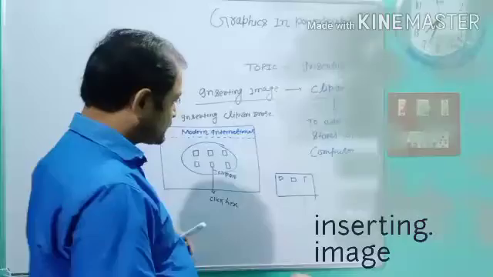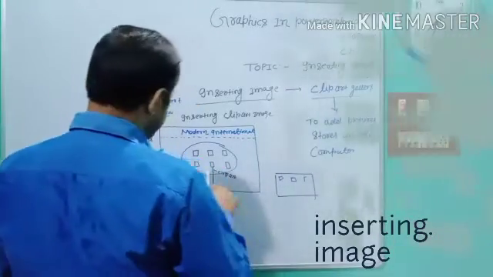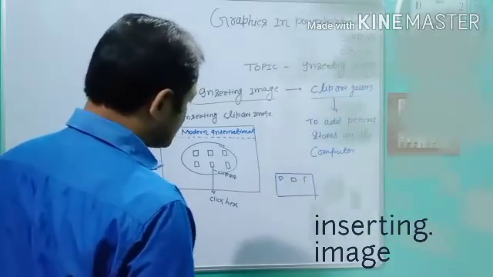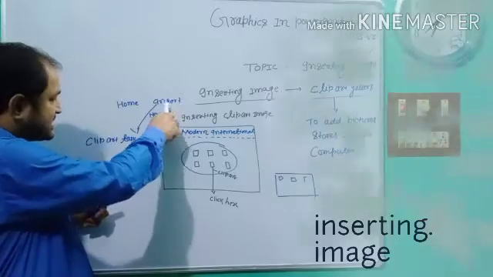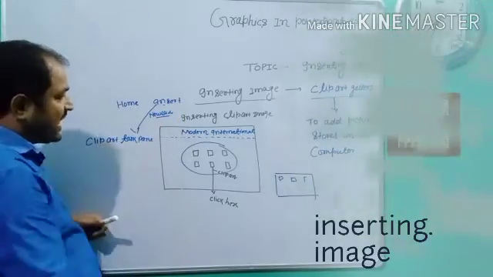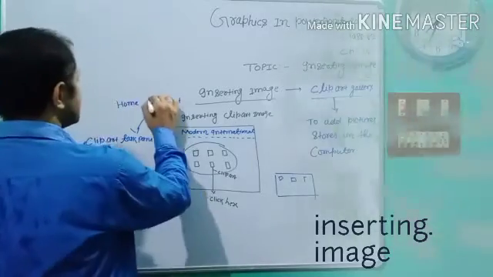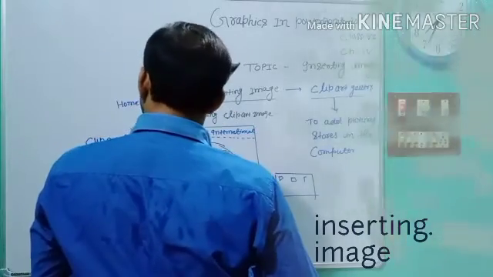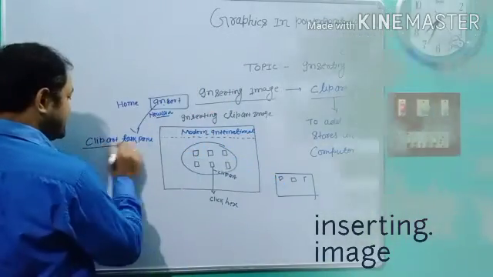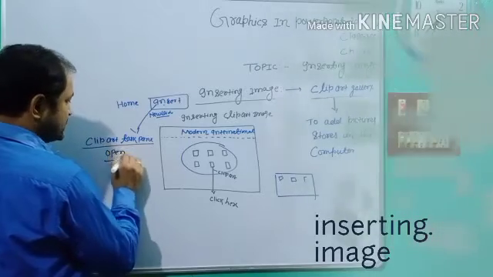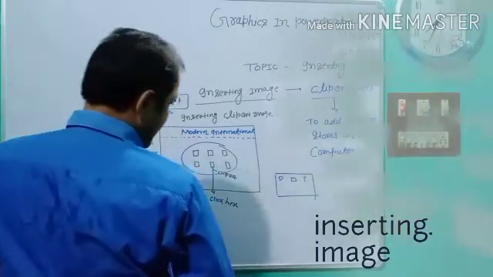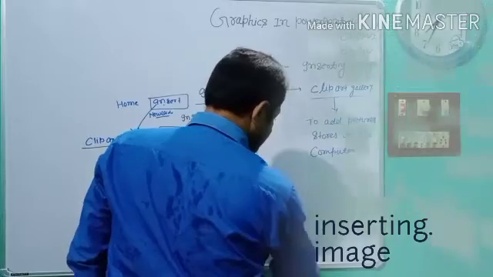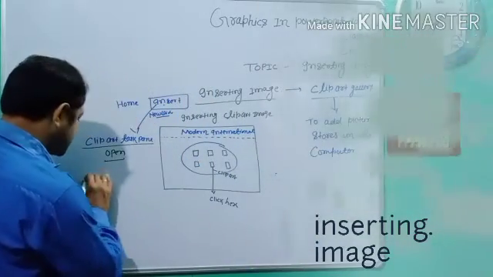So my dear student, you click the clip art option in the image group. Go to the insert tab and click the clip art task pane. The clip art task pane is open. You click, and it opens the clip art task pane. The search for box appears in front of you.